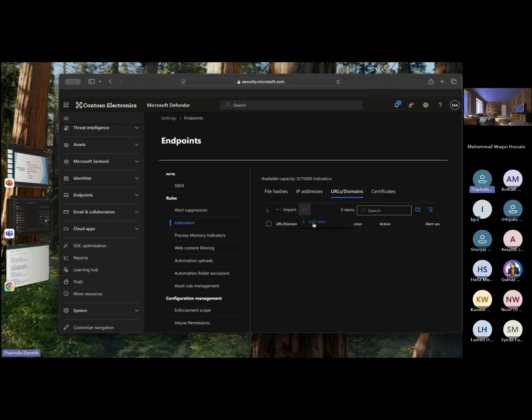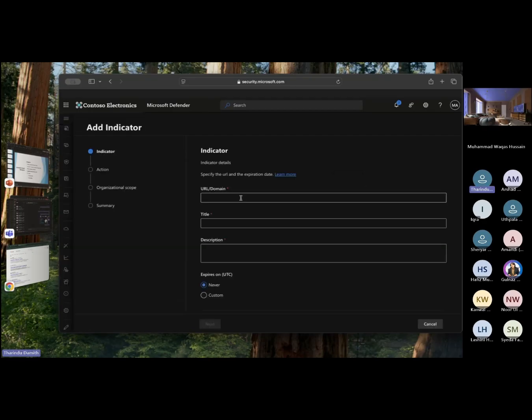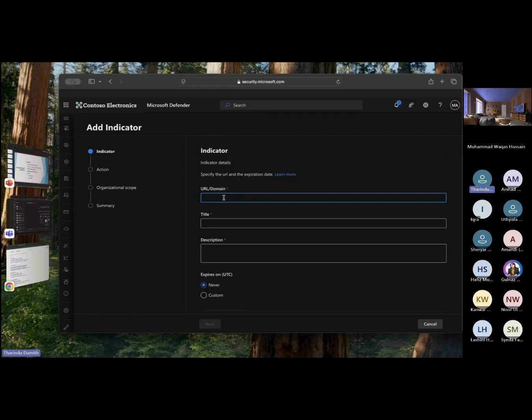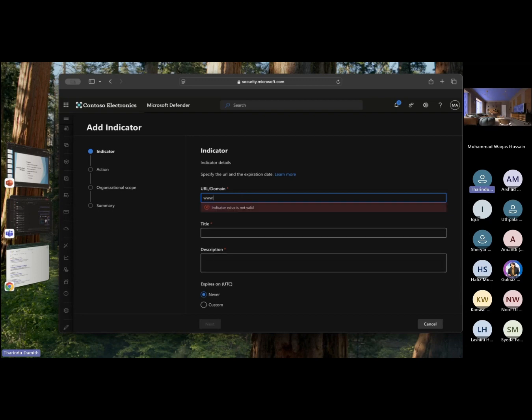So by clicking add item, we can open this one. So here you can add a domain name or URL, a specific URL that we need to create as an indicator. So let's type a domain name like www dot, let's say